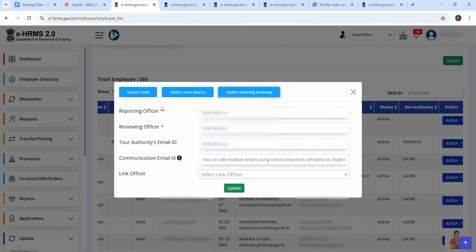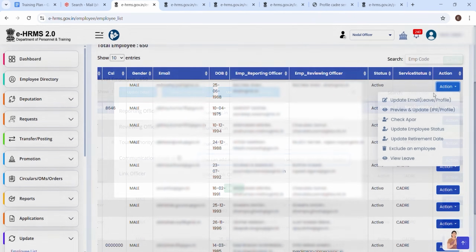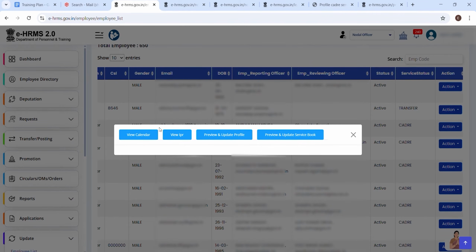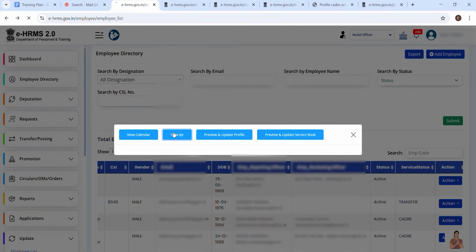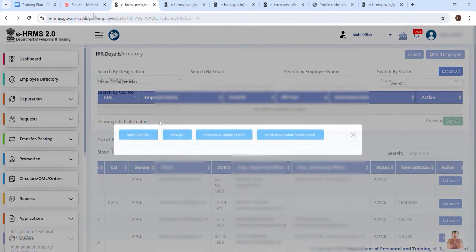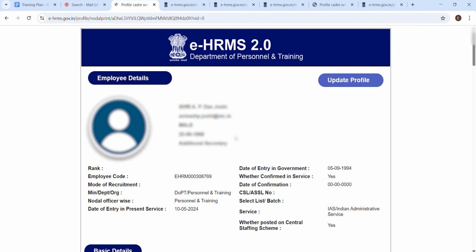Next is Update Reporting and Reviewing Officer. Here the Nodal Officer may update the Reporting Officer, Reviewing Officer, Accepting Authority, Communication and Link Officer and update. Moving on to the next action, which is Preview and Update Profile. Here the Nodal may view the calendar assigned to that employee, may view the employee's IPR and may preview and update the profile of an employee.